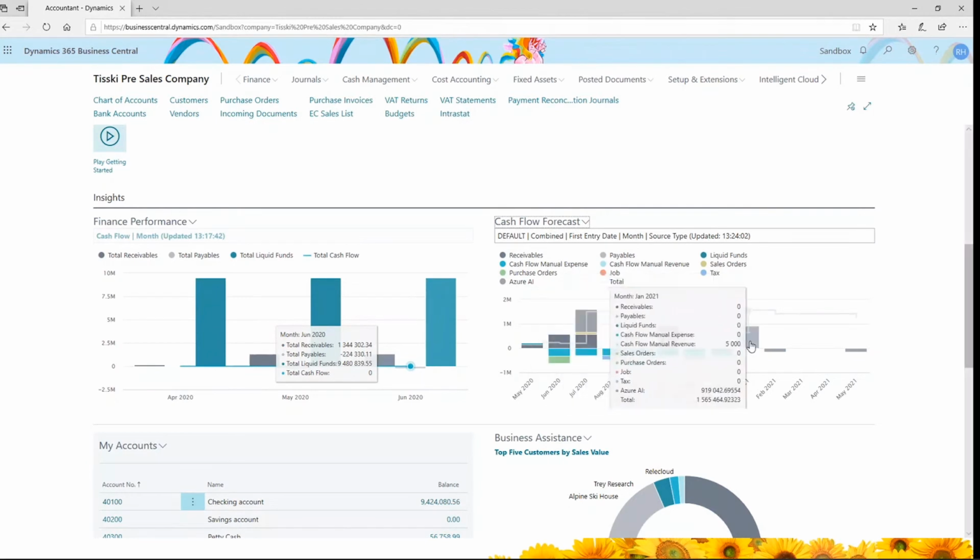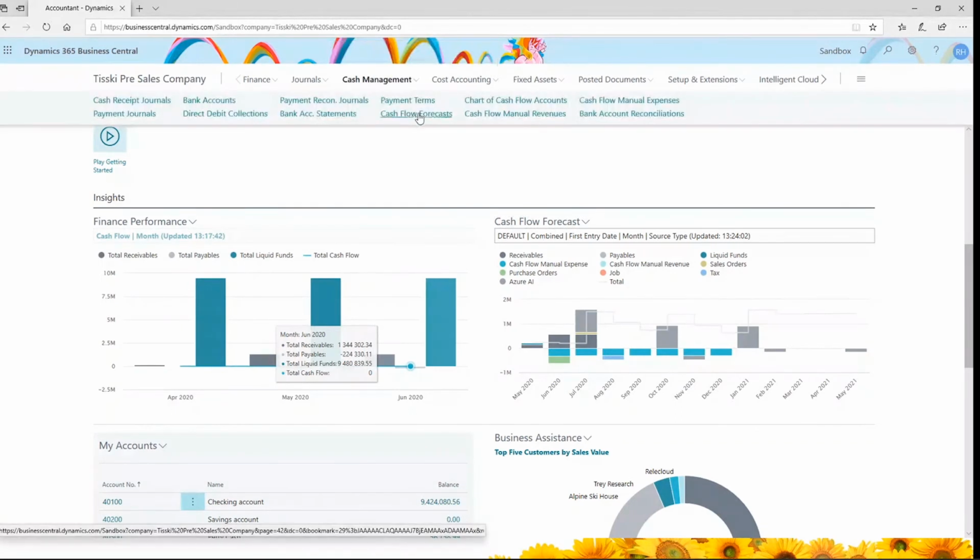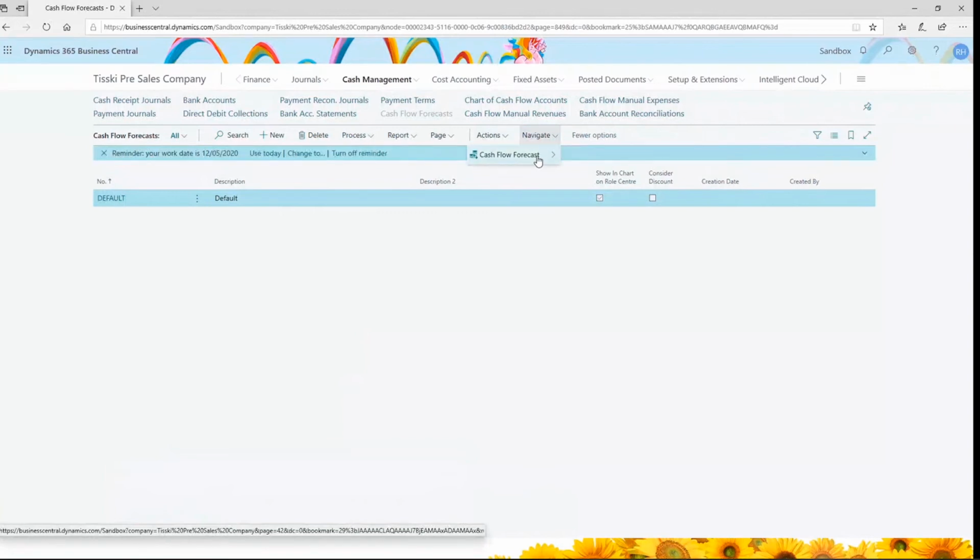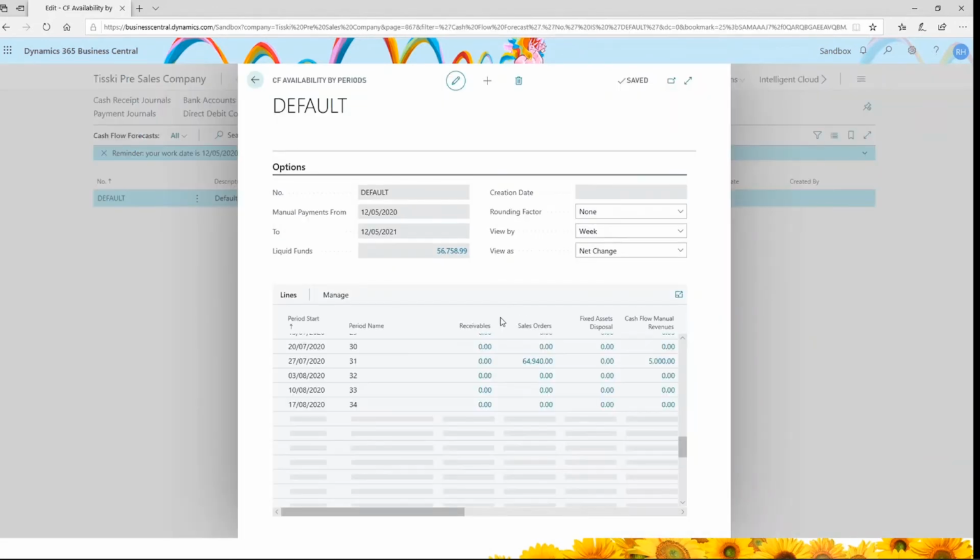And if it's got Azure, like I said, for that month of January, you can see Azure's working out some sales that are going to occur during that month. So if I now go back to my cash flow forecast, it has a lovely little report that sits within the cash flow forecast, and that's called cash flow availability by periods. So if you just drill into here,